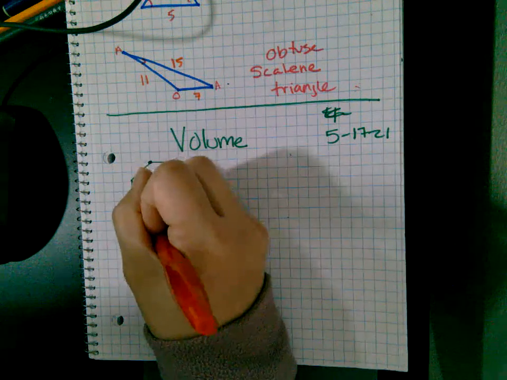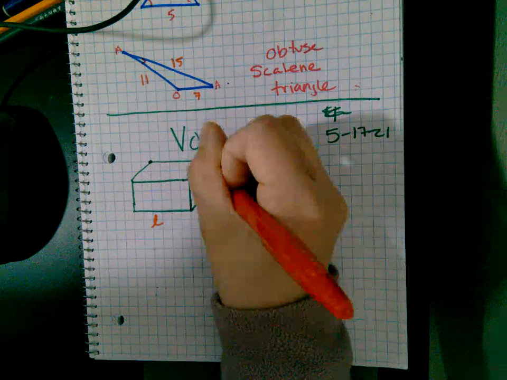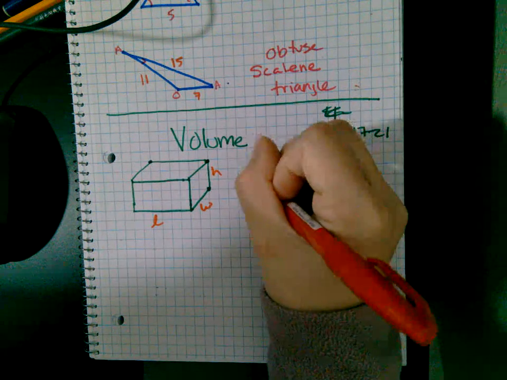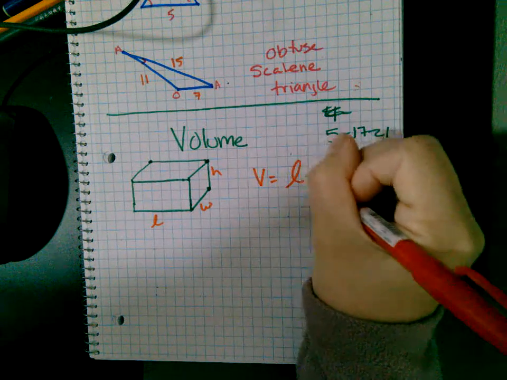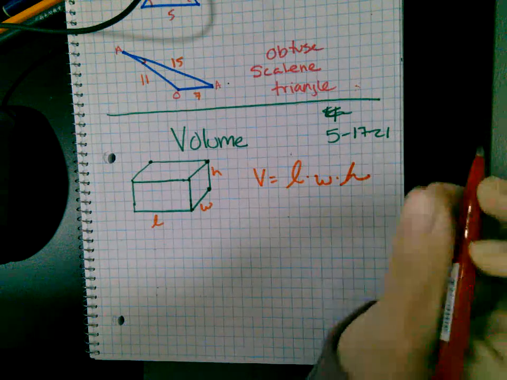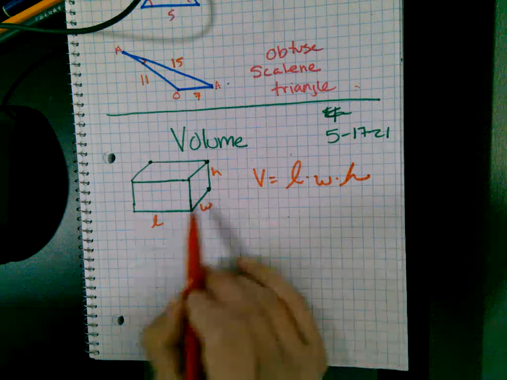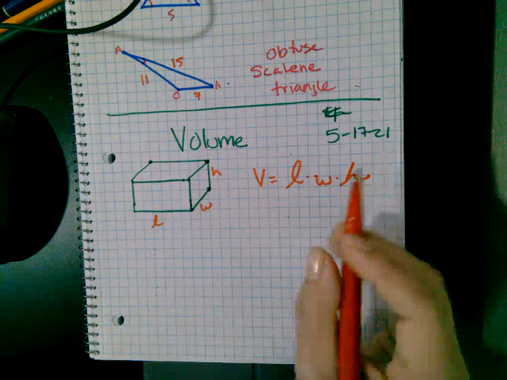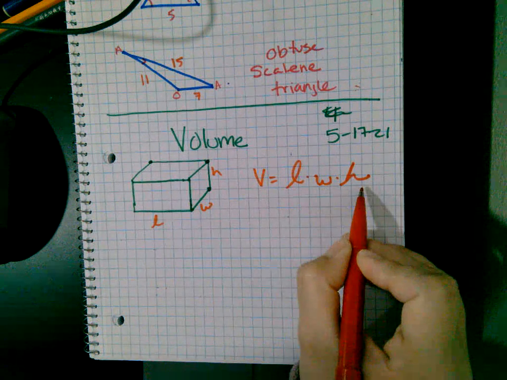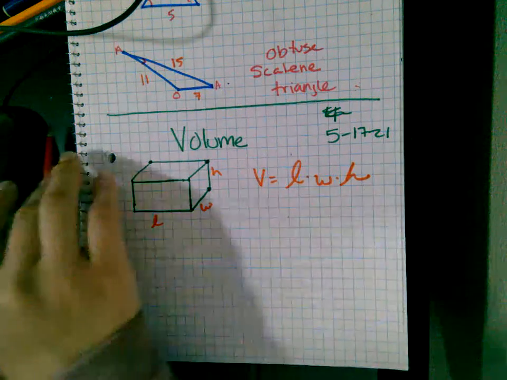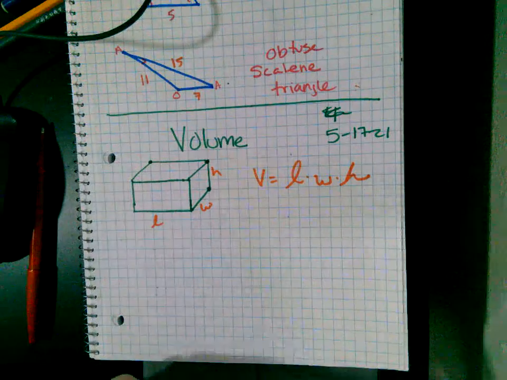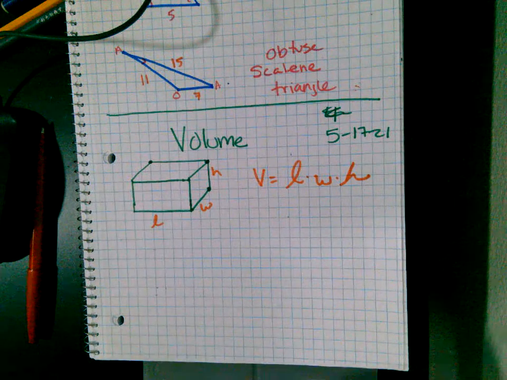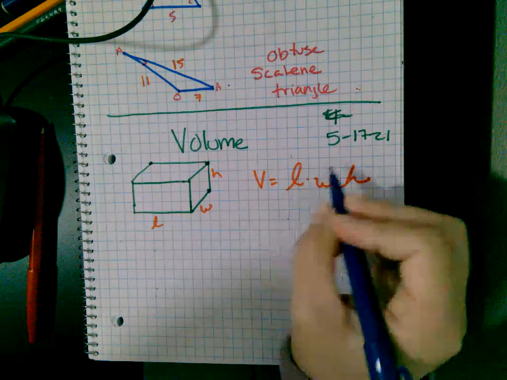Okay. Length, width, height. So volume of a rectangular prism is length times width times height. So if you have a rectangular prism, that's the easiest one. It's length times width times height. What kids don't realize, and we'll speed it up a little bit here, is this part